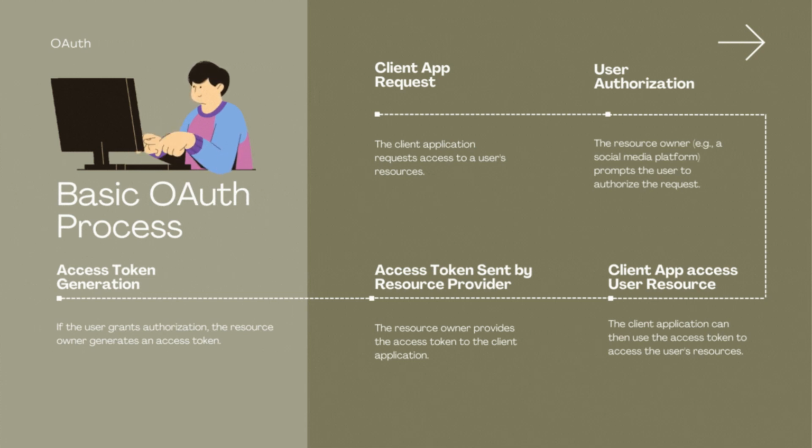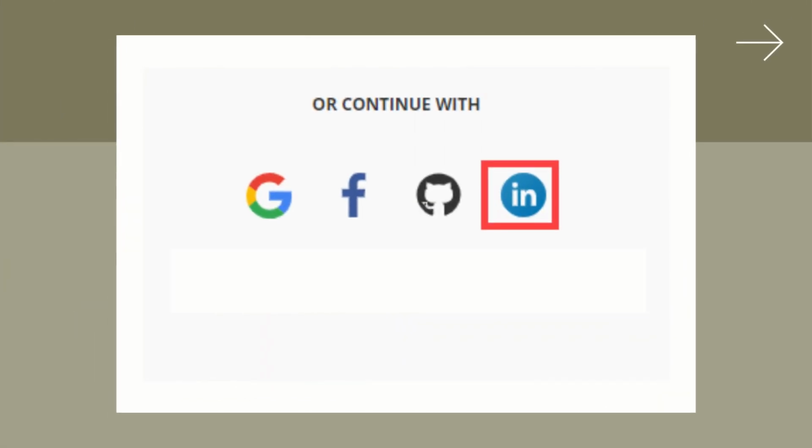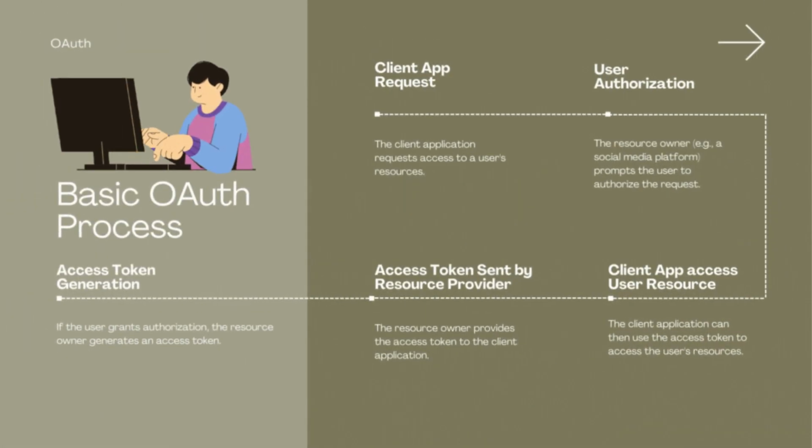Then, the resource owner, who is the identity that owns or controls access to the user's resources, prompts the user to authorize the request. In this case, this might be Facebook, GitHub, Twitter. When you see all those buttons, sign in with Facebook, sign in with Twitter, sign in with GitHub. Then the third process, if the user grants authorization, the resource owner generates an access token, which is a string